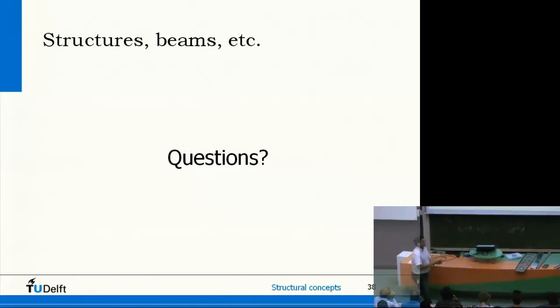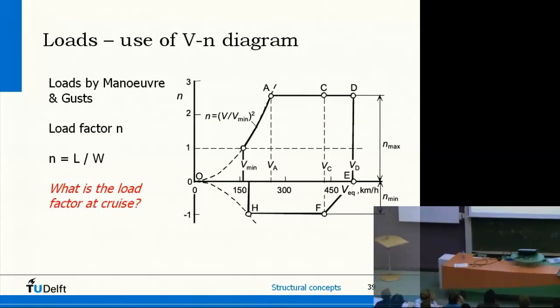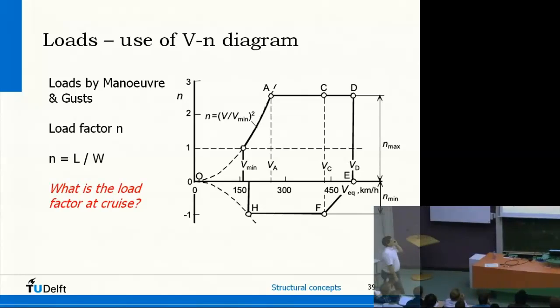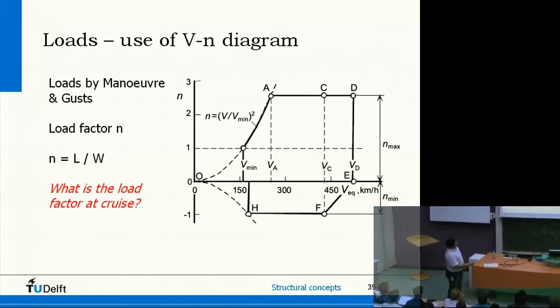Okay, then I will talk a little bit more about loads, and I will try to do it a little bit quickly. This is what we call a so-called speed load diagram. This is a frame, a window. An aircraft has to stay within it. Yeah, if you design an aircraft, you also design a window like this.